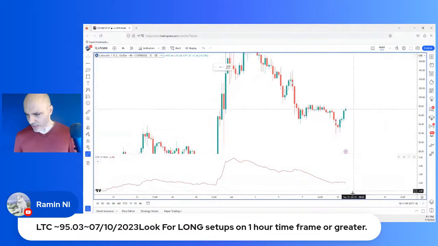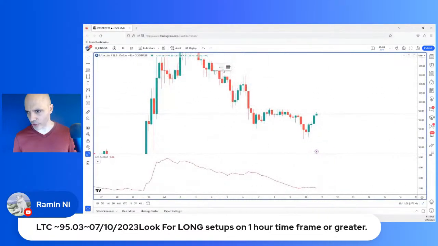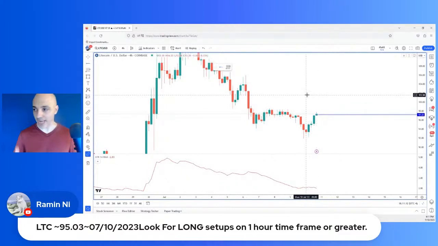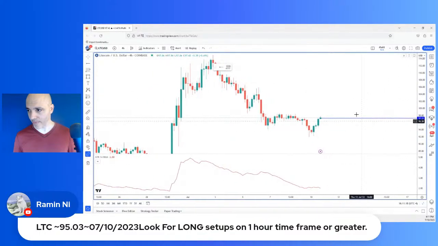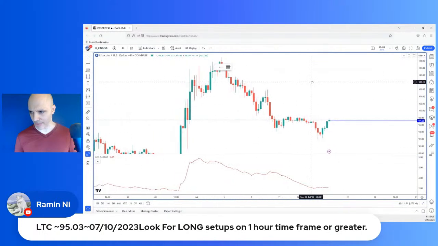So let's first put 95.03 on the chart. No, you know what? In fact, let's be fair and let's just put it where we are now. Let's say it called it now, although it called it at a much better price. So $2 worse. Let's say we're buying this thing right now. Do this on paper. Don't do this with real money. Now, I'm looking at my ATR right now. What does the ATR say for this? Actually, you guys may not be able to see that very well.